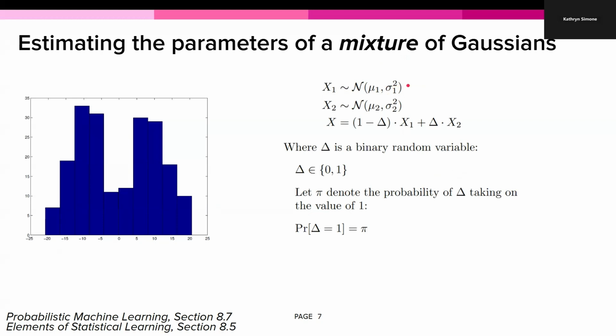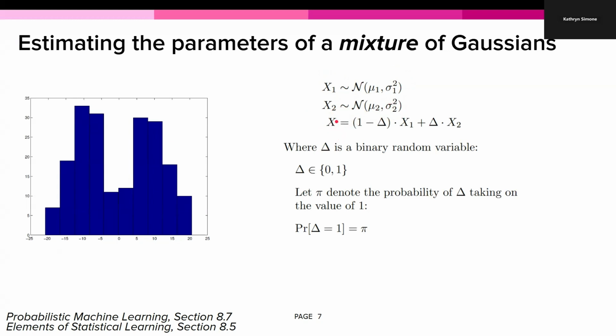The idea here is that we're going to think about the data that we observed as generated by two random variables. Random variable x1 is going to be drawn from one normal distribution with a certain mean and a certain variance, and random variable x2 is going to be drawn from another normal distribution with a different mean and a different variance. And then